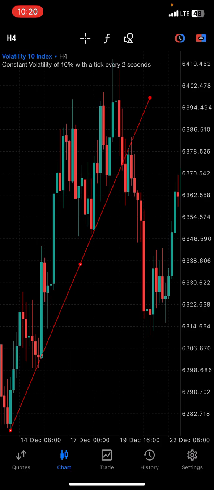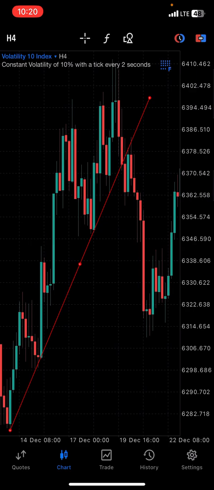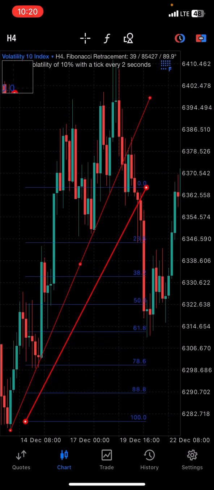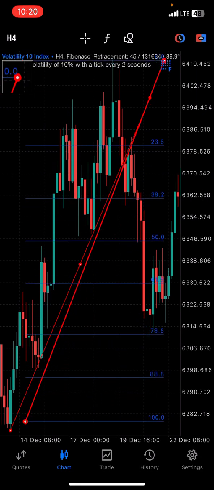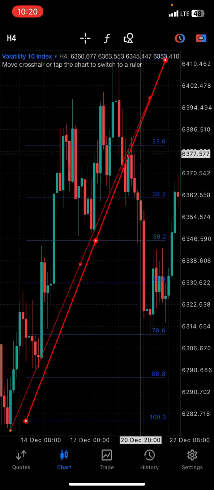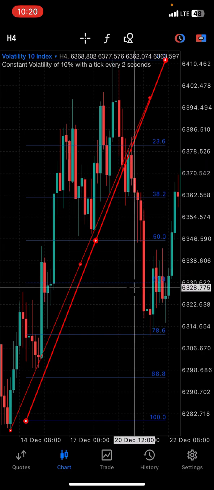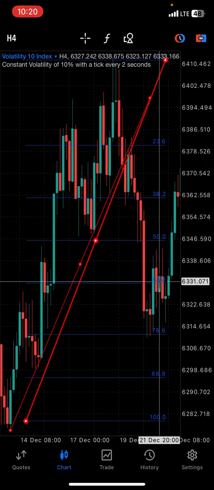So how do I take my take profit? Now, how I like to take the take profit is I'm going to pull out the Fibonacci again, so you can see how powerful this tool is. Very, very powerful tool. And I'm going to take a sell from this particular point, wherever the retest is happening from, and I'm going to take the sell all the way to